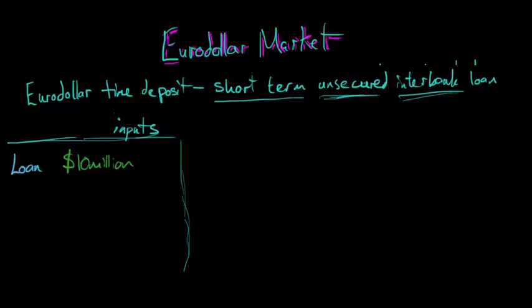The category of entity is going to be a UK located bank. So we fulfill the criteria of being a non-US entity, and since it's an interbank loan, it's a bank in the UK. The currency is the US dollar,